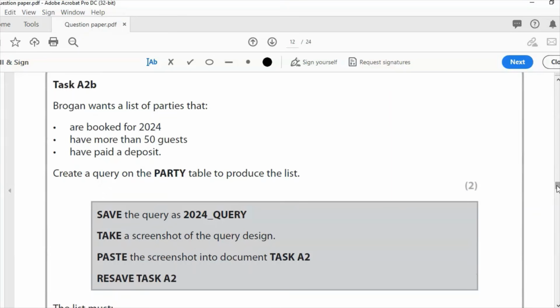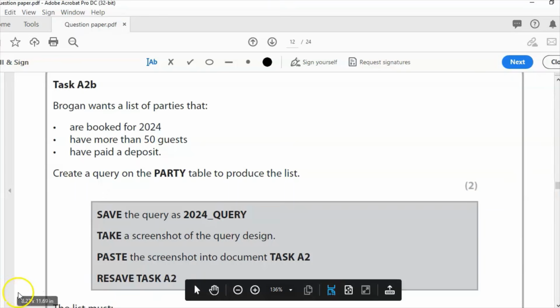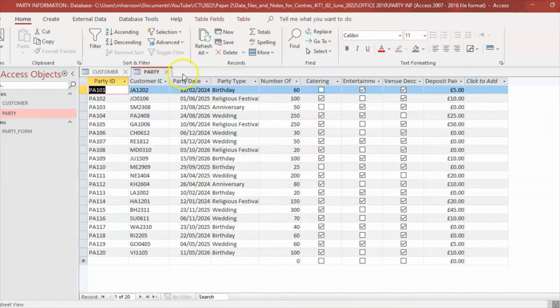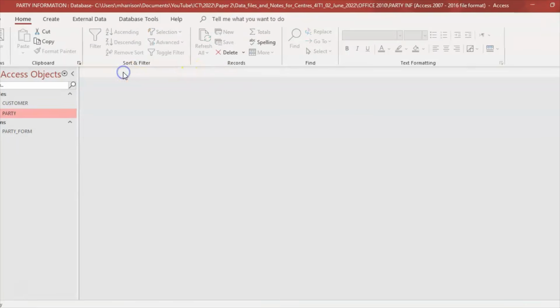A2A. A2B, Brogan wants a list of parties that are booked for 2024, have more than 50 guests, have paid a deposit. Create a query on the party table to produce the list. Save the query as 2024 query. Paste it into A2. So we need to come out of this and we will close all that down, and